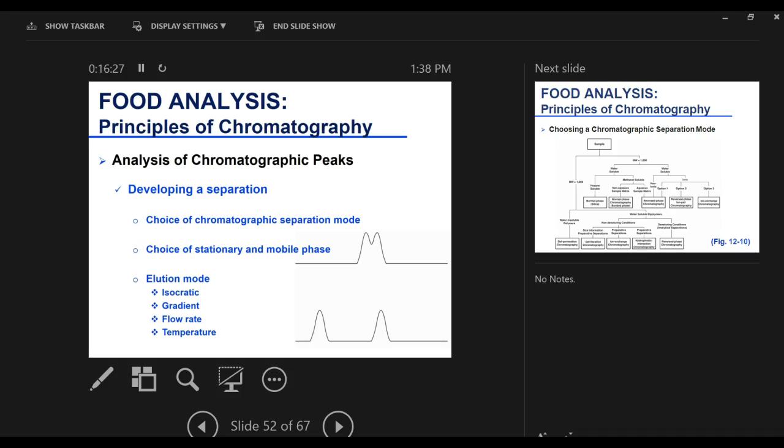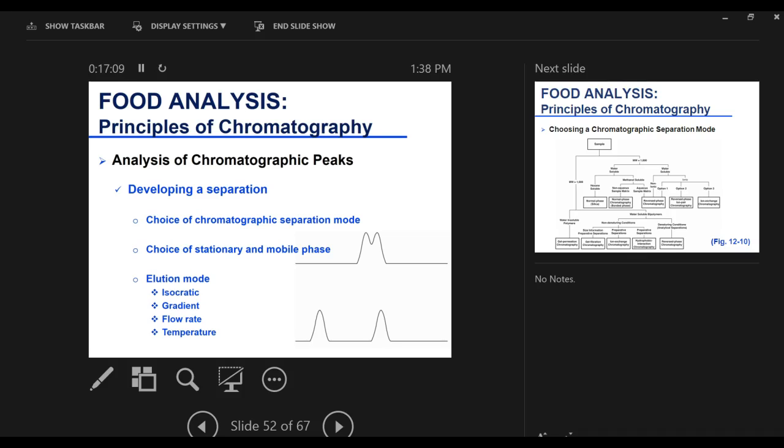You'll see that the same components might have been analyzed with different modes of analysis. So some people use reverse phase, other people use normal phase, some used ion exchange, some used hydrophobic interaction chromatography. So the choice of the method often comes with what you have available in the lab as well. What do you have set up in the lab? What columns do you have? What detectors do you have? So then you can also choose a mode of separation based on what you have, what's comfortable for you to use, and what's also compatible with the types of sample you have, with the chemistry of the sample.